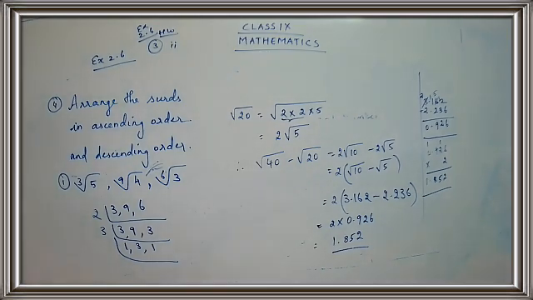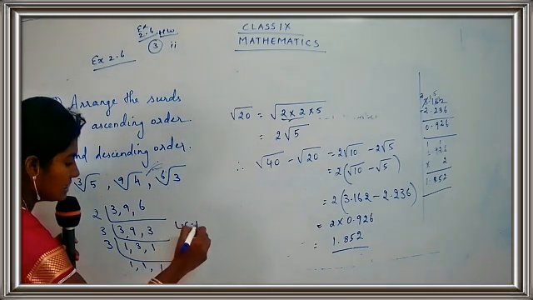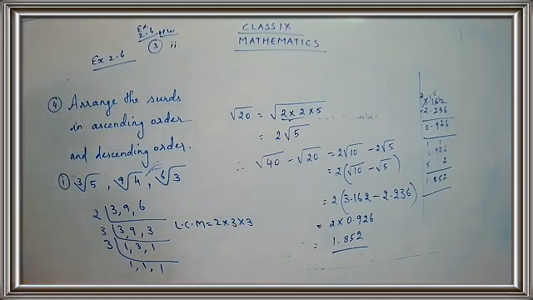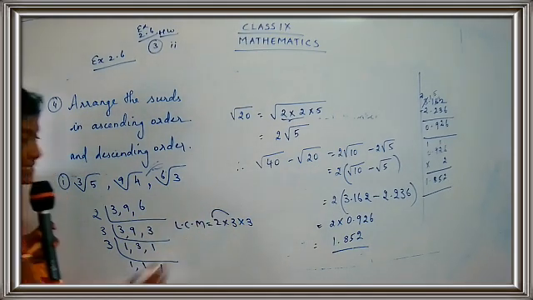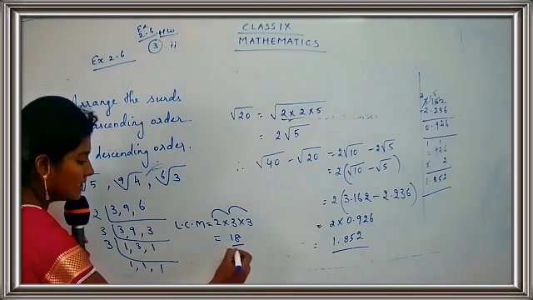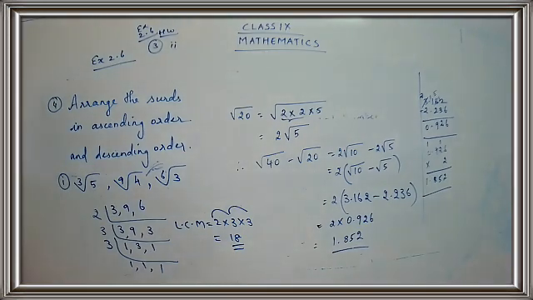Okay. Now you have a number 3 which is divisible by 3. So again we are going to use the number 3 over here. So 1 will be as it is, 1. 3 ones are 3. So put here 1 and here 1. So what have you got here? 2, 3, 3. So what is the LCM, children? The LCM is equal to 2 into 3 into 3. 2 threes are 6. 6 threes are 18. So put here 18. So the LCM is 18. See, I have found the LCM of 3 numbers together.